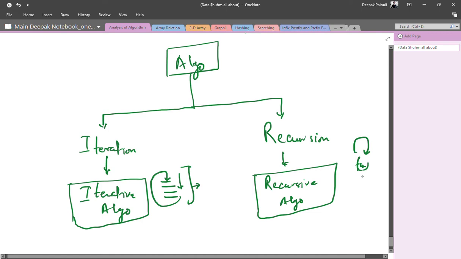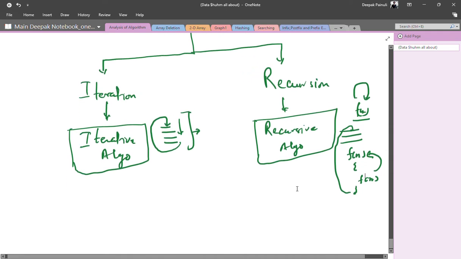But here a function calls itself. Let's say there is some statement and after that there is a function, and in the function itself you call the same function again. So we cannot say that every time we will go to the first instruction only. There is a slight difference, right? I think you got my point.